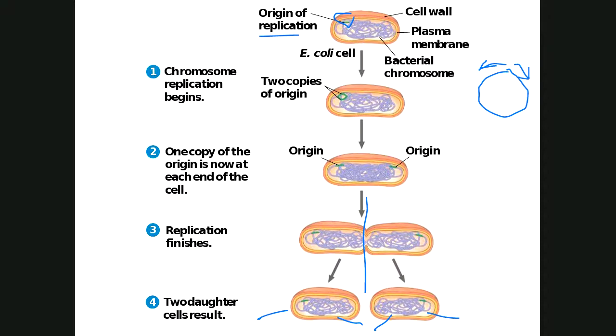I guess it's not there. But anyway, it's somewhere in the order of hundreds of thousands or maybe millions of cells. And what I want you to understand about this idea of making a copy of a chromosome is that when you make a copy, you want to make an exact copy.